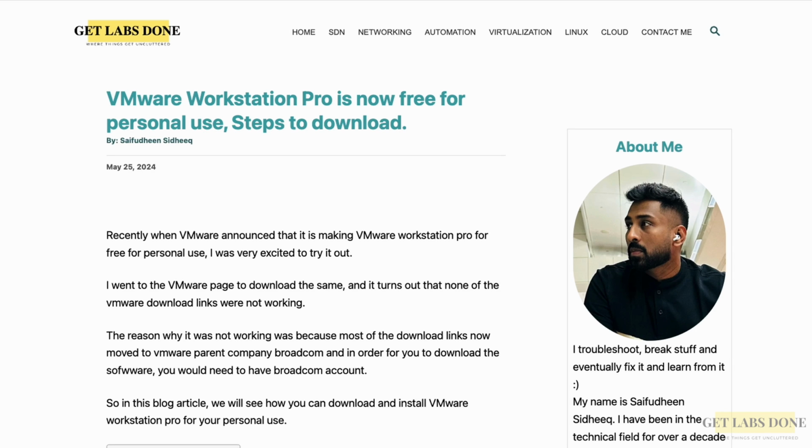And this is a very exciting one for me personally. When I heard the news that VMware Workstation is now free for personal use, I was very happy. I really wanted to try out the new VMware Workstation Pro on my Windows machine. And the reason why I was happy is because now you don't have to pay hundreds of dollars just for the license. This will make learning and setting up a lab environment easy for anyone who is starting off with technical